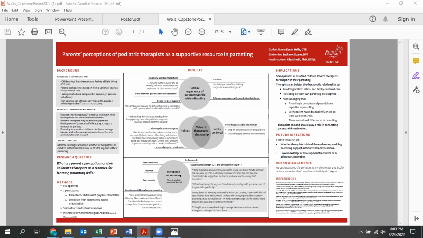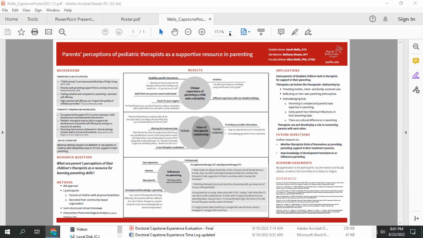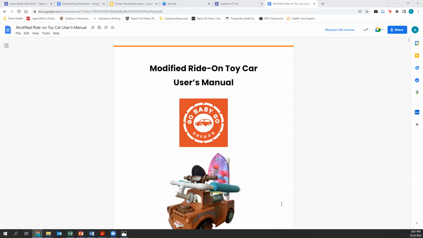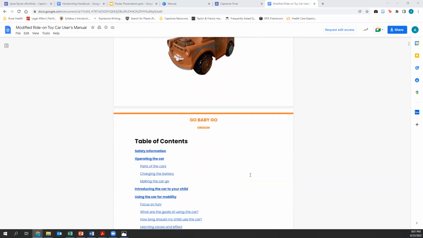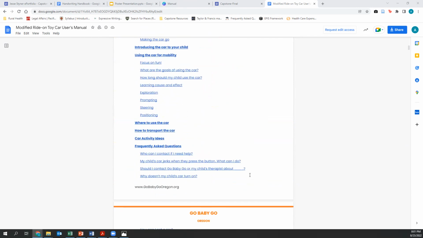So I'll show you now some other things. This is not the only thing that Sarah did with Go Baby Go. She did some stuff that was much more site specific. So for example, she created a ride-on toy car user's manual that is on the Go Baby Go website. So I'll just scroll down so you can see, again, a lot of her work went into this, as well as some other manuals and user guides and that sort of thing. So she created a lot of resources for Go Baby Go, in addition to the more scholarly project piece where she did this